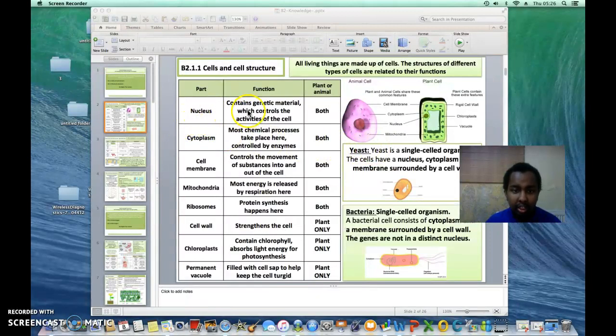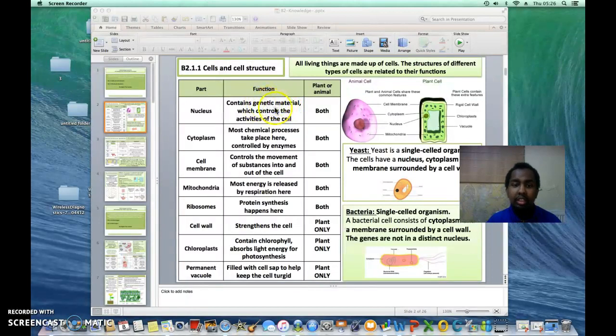So nucleus, it contains genetic material which controls the activities of the cell. You can call it the brain of the cell. It contains the blueprint to your existence. Whether you have blue eyes, black hair, genetic material is the characteristics that define your body, which are inherited from your parents. The characteristics that you take from your father, your mother, whether you're short, whether you're tall, whether you're medium, whether you have a very good memory, whether you have a bad memory,